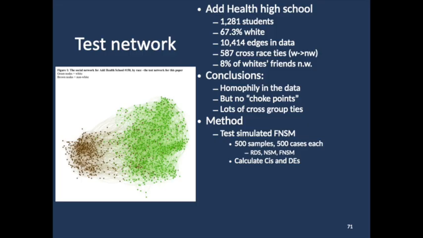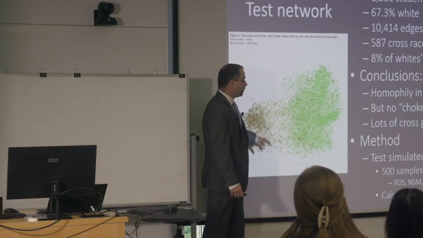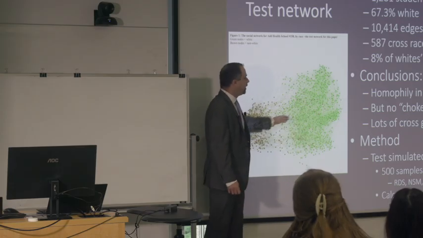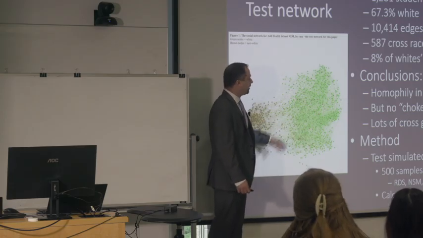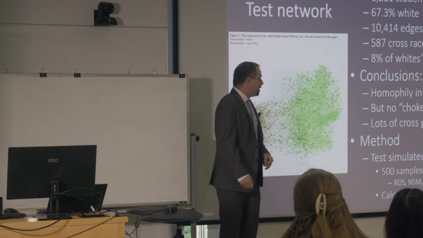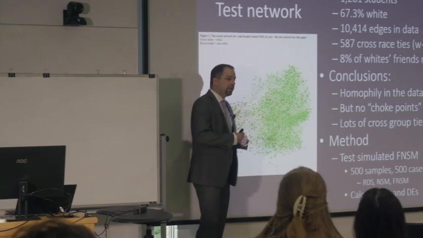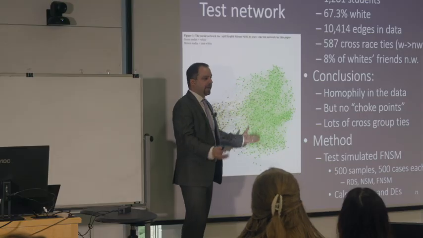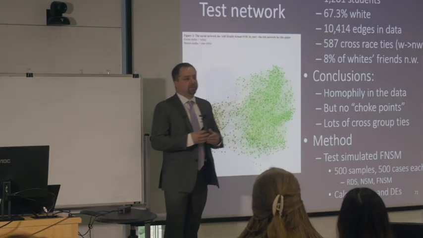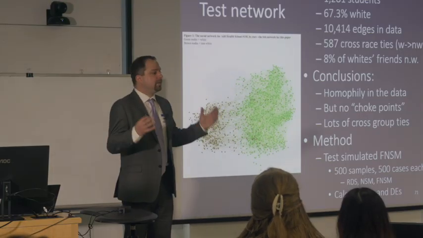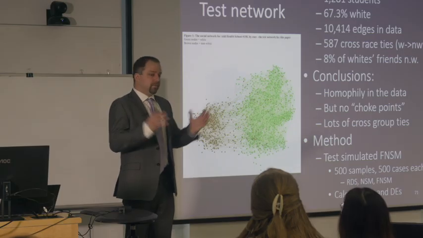So we tested this a lot of times in empirical data and analytical data, and we found that it works extremely well, even in super clustered networks. So this is one Add Health network, very, very clustered by race ties, one race group substantially smaller than the other race group, differences in degree across the groups, et cetera. And what we find is that when we simulate RDS in this network, we have huge variability in the estimates of proportion black, for instance, which makes sense. But when we simulate the network sampling with memory approach on this, the proportion black estimates converge to the correct result